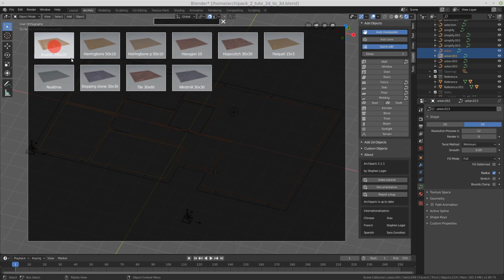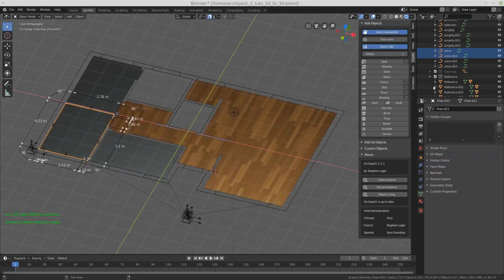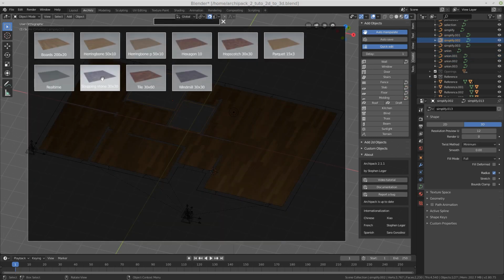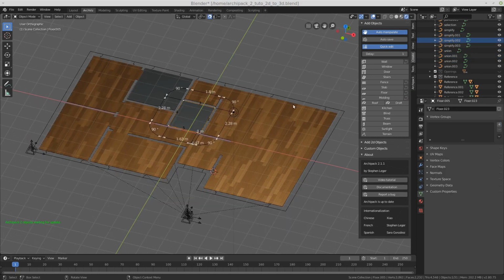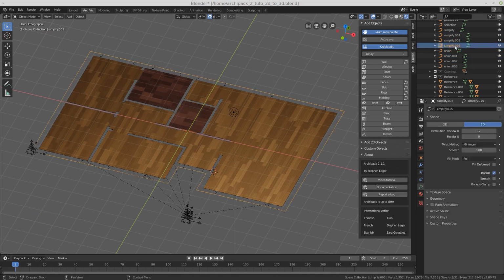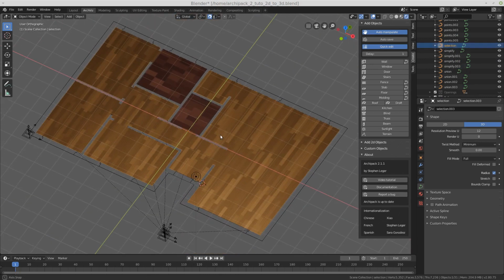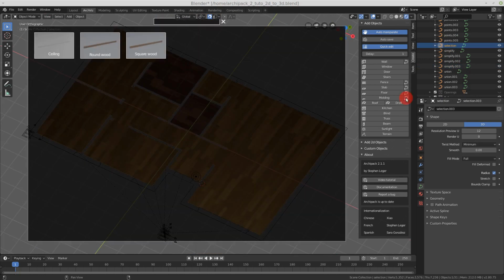I select my preset, and that's it. Next one, those ones, floor with some tiles. And then the selection, which are moldings, and molding from curve.